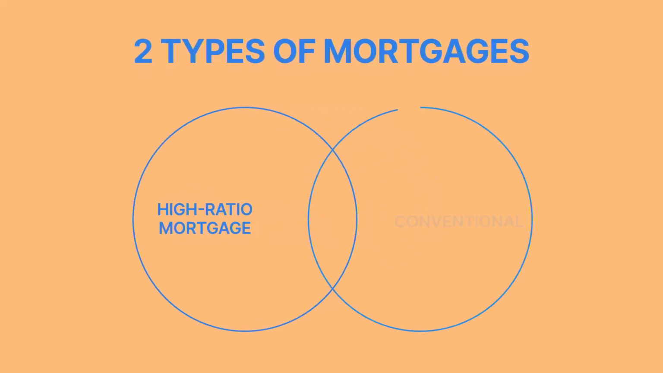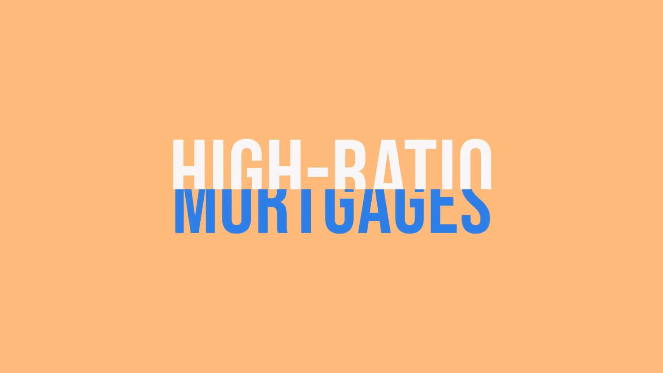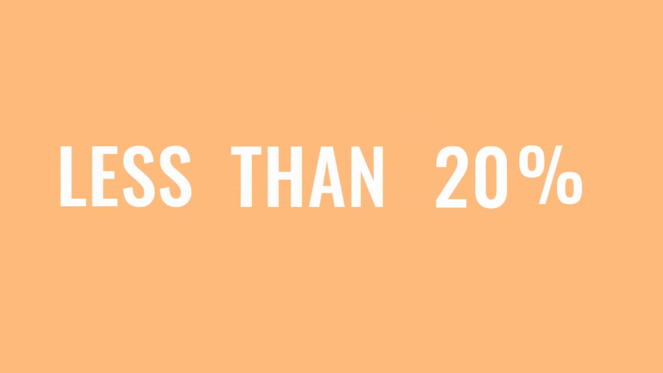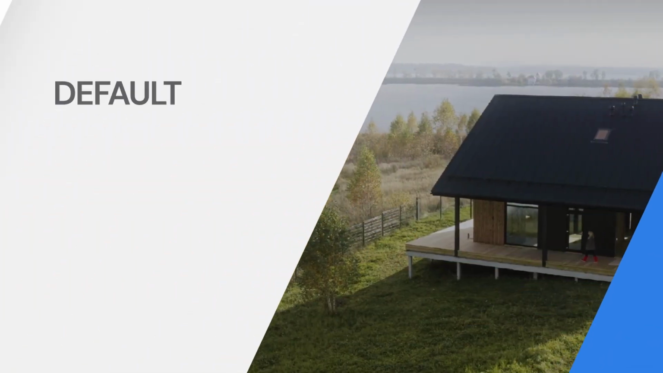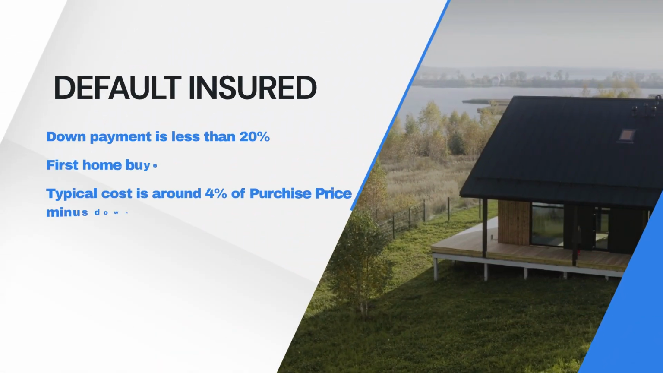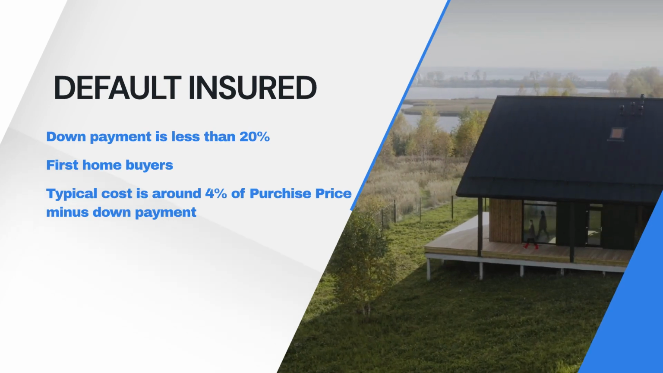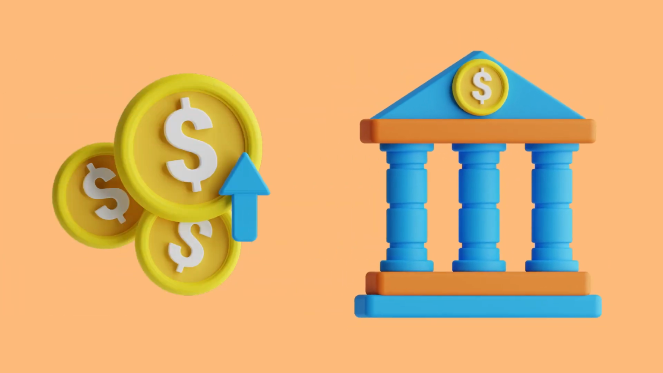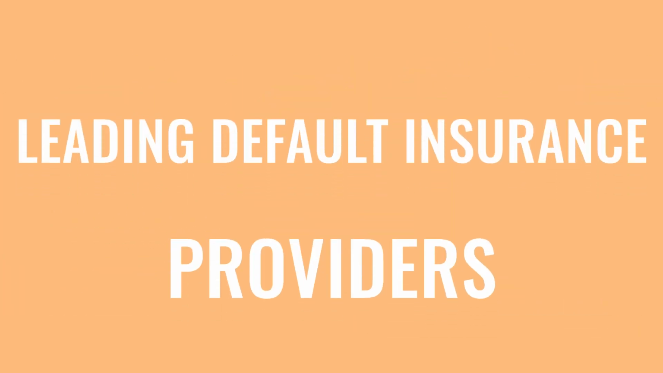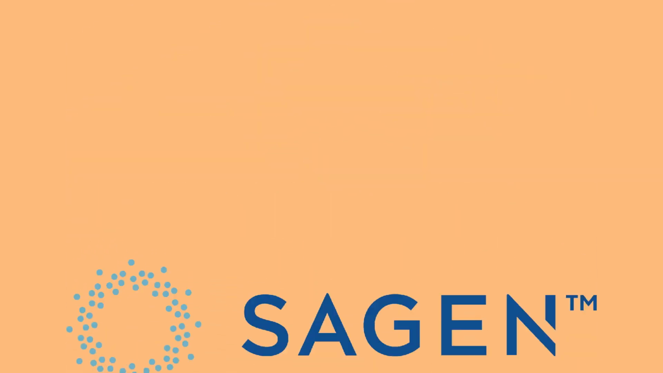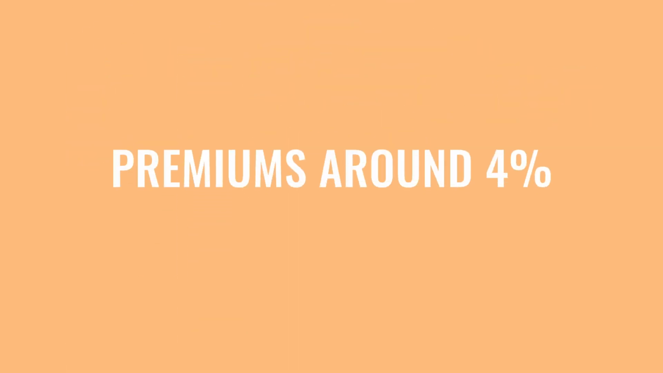There are 2 types of mortgages we will cover: high ratio and conventional mortgages. High ratio mortgages. These are for buyers making a down payment of less than 20%, often referred to as default insured mortgages. They are common among first-time home buyers and require default insurance, which comes with an additional cost. This cost can be paid up front or added to the mortgage balance, with most opting for the latter. Leading insurance providers include CMHC, Sagen, and Canada Guaranty, with premiums typically around 4%, depending on various factors such as